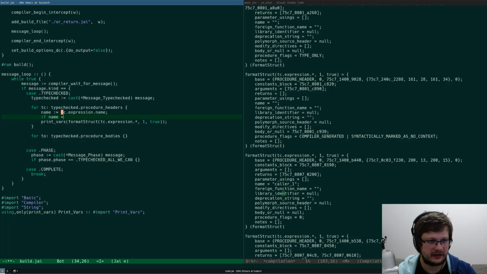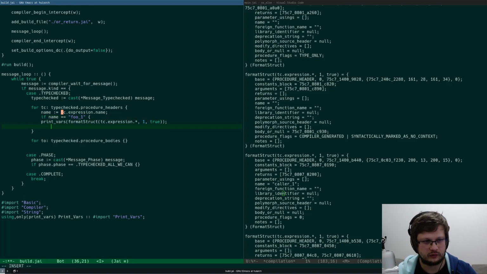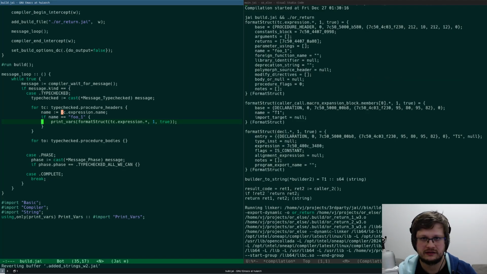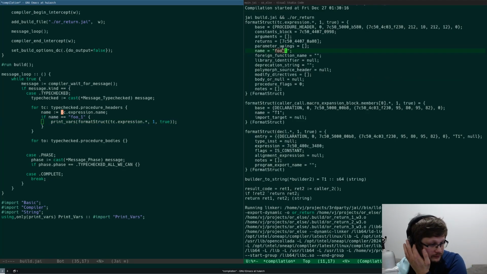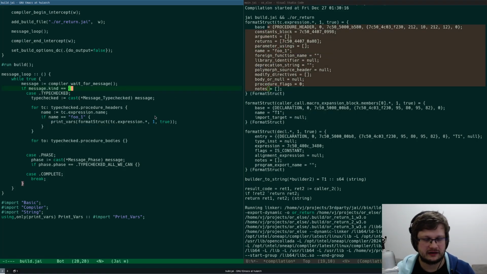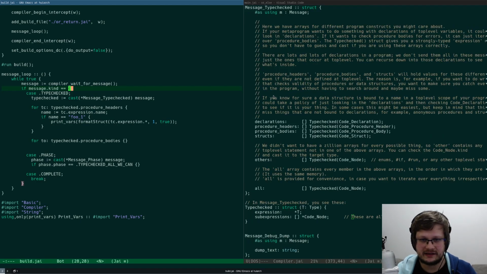And if name equals foo1, then we do this. Foo1, right? Cool. So we get this procedure header. Let's see what sub-expressions is. Code node. Let's see what sub-expressions are.